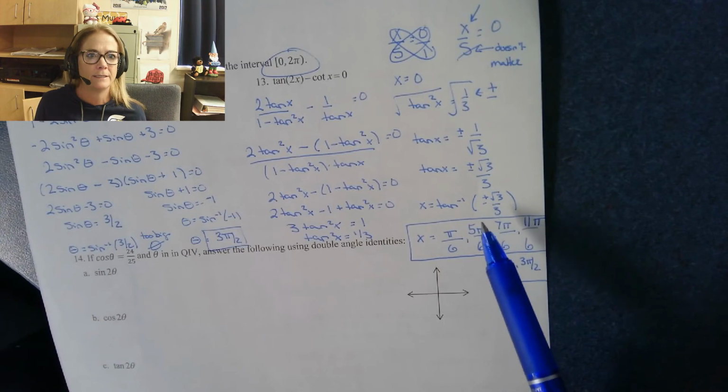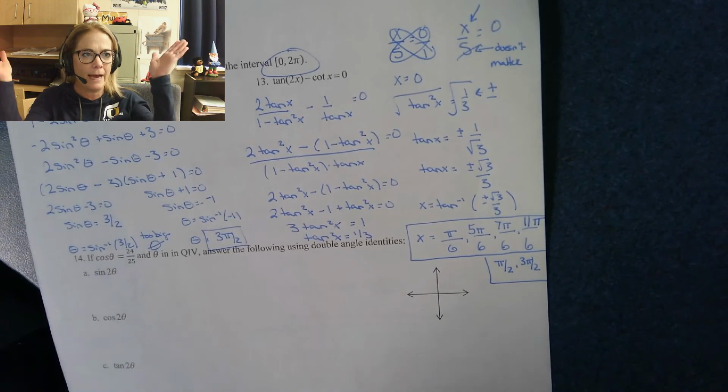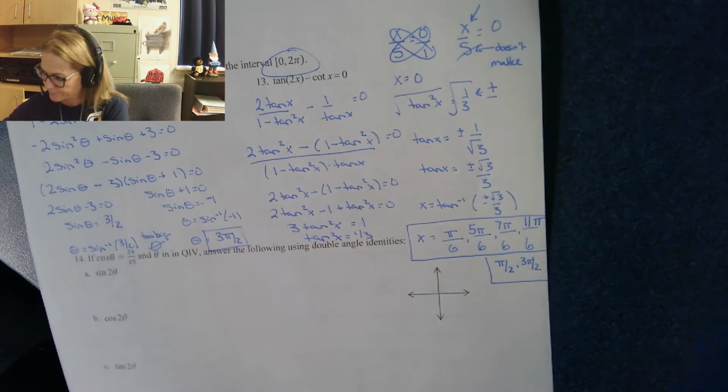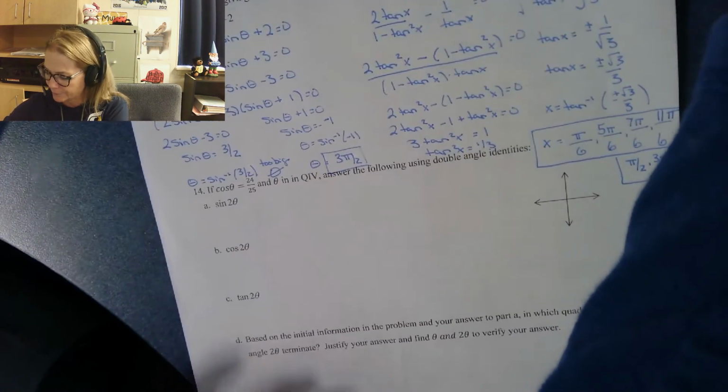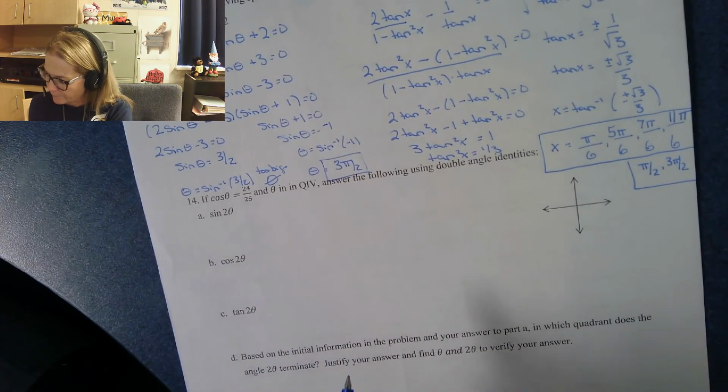Like I said, online you see about half the solutions have this and half the solutions have all of them. So I don't know. What do you guys care about? Your score, and if something like this were to come up, you'd all get full credit with either kind of school of thought there. Okay, so if cosine is 24 over 25 and we're in quad 4,